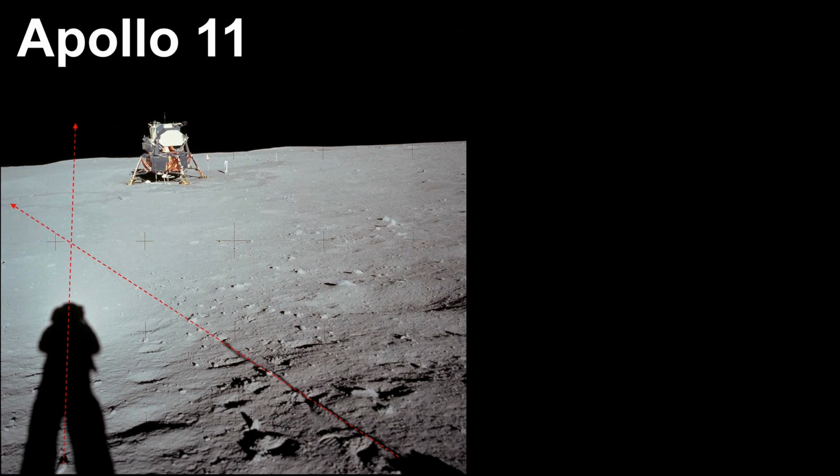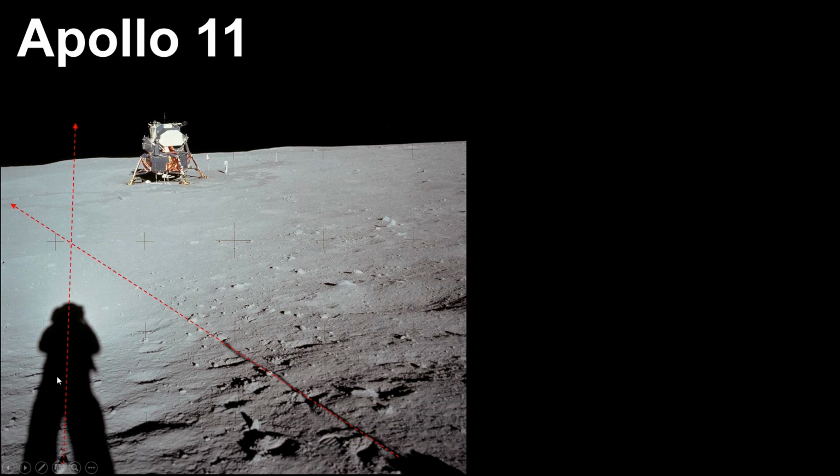Just another photograph of Apollo 11, not much of a horizon here. This is the back side of it. I don't know whether this is meant to be vertical, whichever is casting a shadow next to the astronaut. If it was vertical, then there's no way with a distant sun these lines should cross, but I don't know